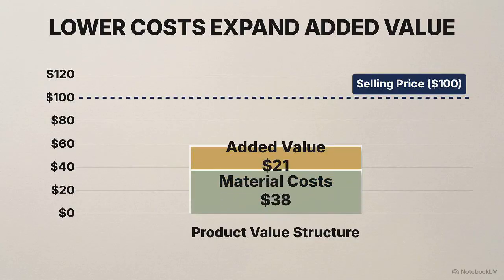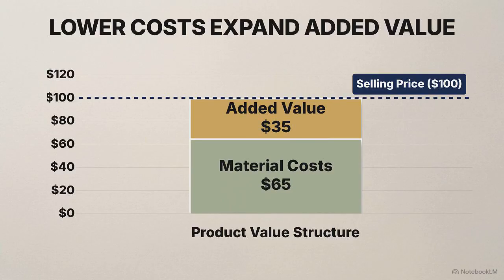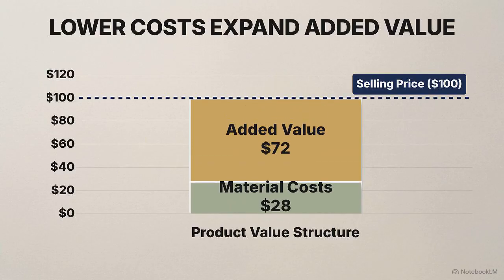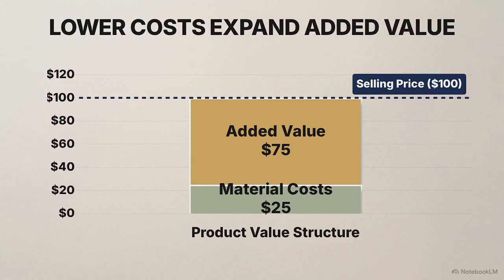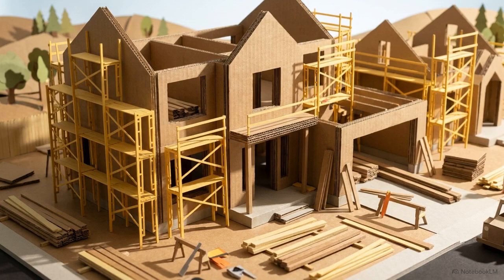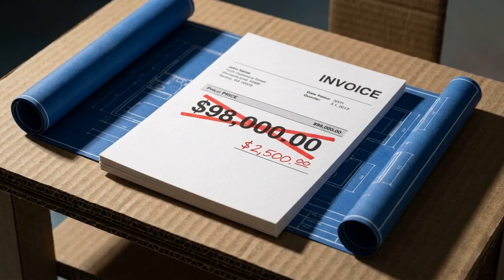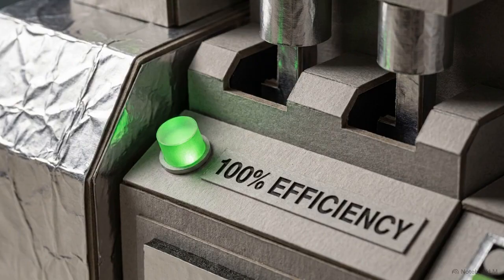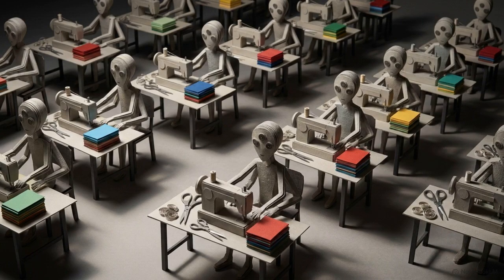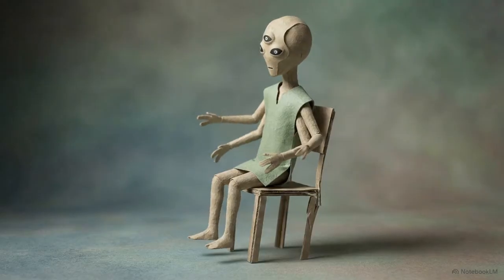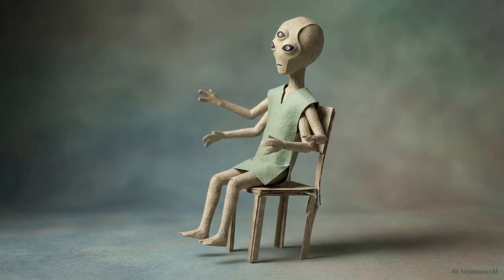The second lever approaches the equation from the bottom, drastically reducing the cost of bought-in materials while keeping the final customer price exactly the same. Think of a construction firm. If they negotiate aggressive bulk discounts with suppliers or source cheaper materials, they widen their margin downward without asking the homebuyer to pay more. This is where operational efficiency becomes critical. Even without switching suppliers, a factory that minimizes waste on the production line will naturally lower the amount of material it uses per unit. However, substituting cheaper components introduces a major product risk.